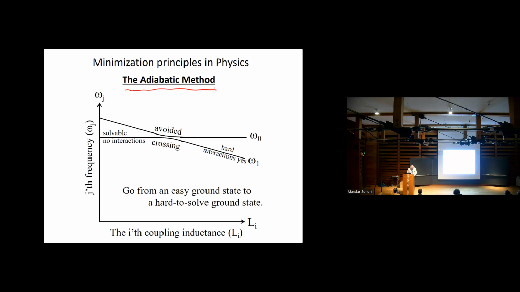It's part of physics, and it says, let's say you have a very difficult system with many parameters, many couplings, and so forth, and you don't know how to solve it. You want to find the ground state. So you turn off all the interactions, and it's very easy to solve when you turn off the interactions, and you get the ground state. And then you gradually turn the interactions on, which could be inductances, or it could be some other component you gradually vary. And then you have an avoided crossing so that you end up solving for the ground state of a system with very hard interactions that are very difficult to solve.